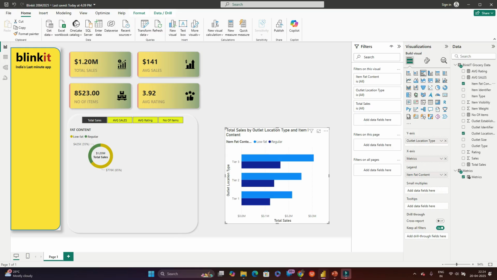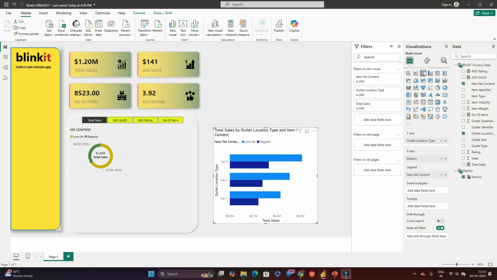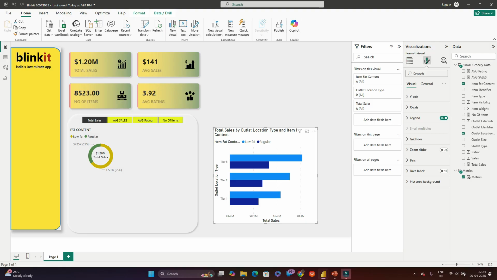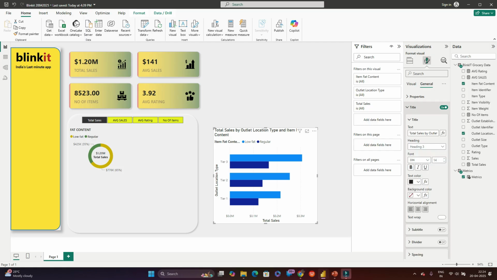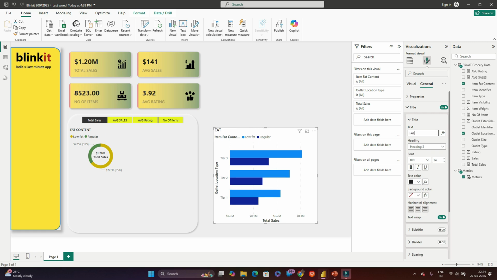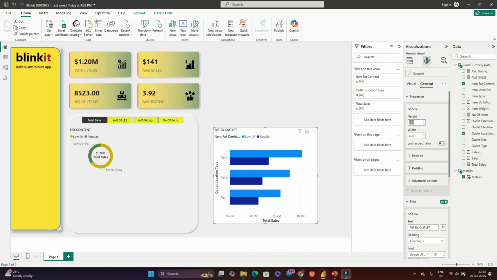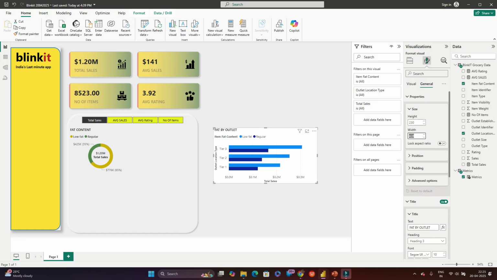So let us do the formatting of all the things. So just go to fat by outlet, yes, it's fine, and go to general, title, fat by outlet and make it semi bold and make it 10. And in the formatting properties, let's make the height 230 and width 220. Yes, and